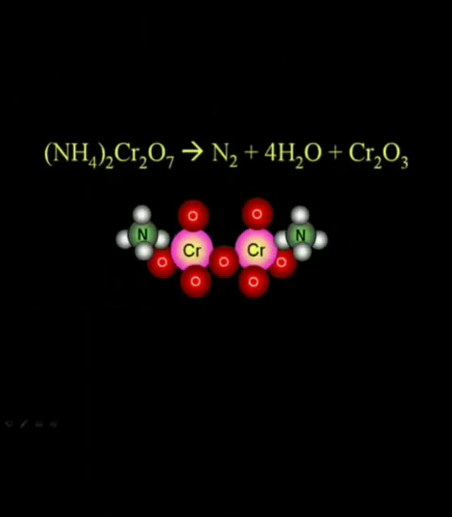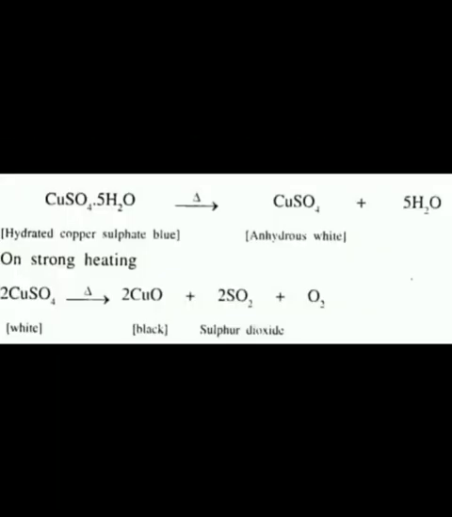Okay, so let's see that equation. Ammonium dichromate, when it is decomposed in the presence of heat, produces what? Nitrogen plus water plus chromic oxide. This chromic oxide is greenish in color. Okay, see here, heat on